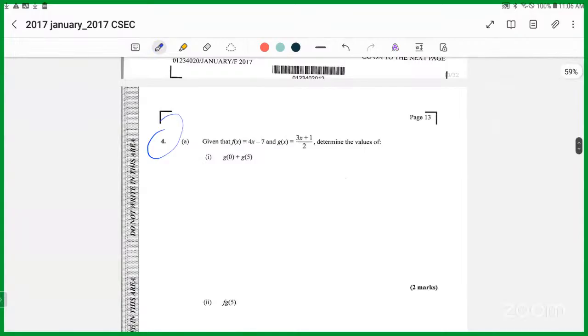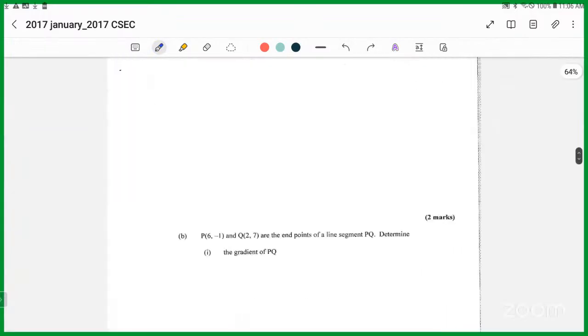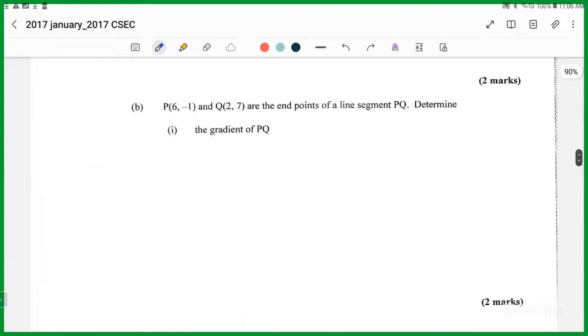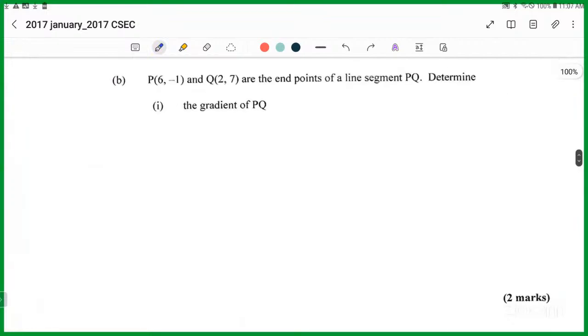It's a coordinate geometry question. What you'll find is that these questions are testing the same things that we are covering in class. The question gives us these 2 points, P and Q, and they are endpoints of a line segment PQ. I want us to determine, firstly, the gradient of that line PQ. Remember, gradient is rise over run, which is the difference in y over the difference in x. So the gradient, which is written with a common m,